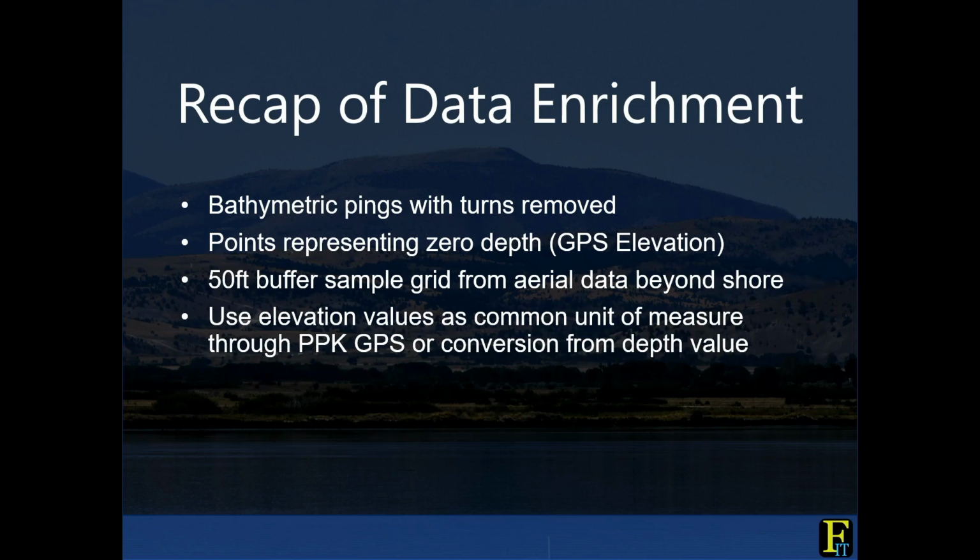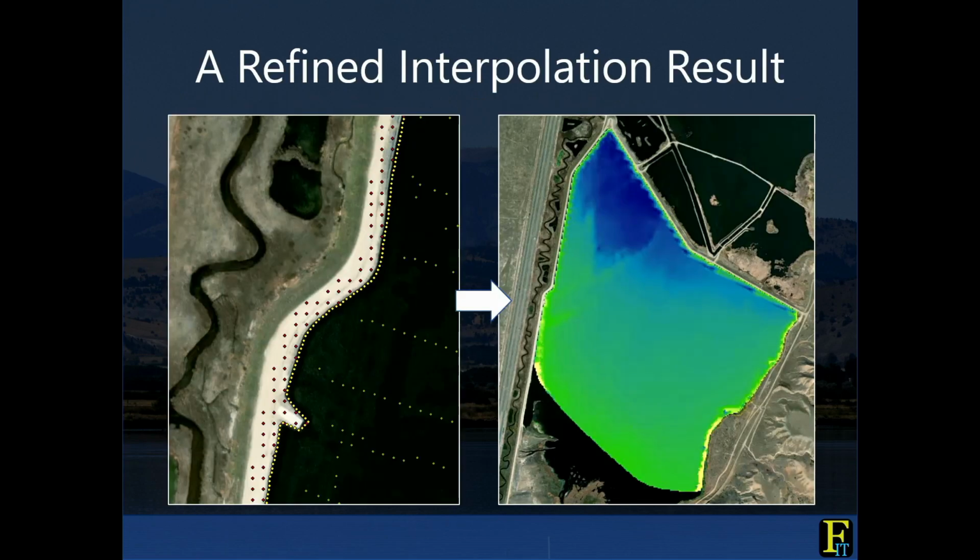And so we have all this real data that we can enrich that data set with, and then get everything on the same page with elevations, because the bathymetry is at depth, but we know the water level's at whatever elevation, and then just do math to get what was the elevation at 5 feet deep or 20 feet deep or whatever. So what that looks like is, this is just a